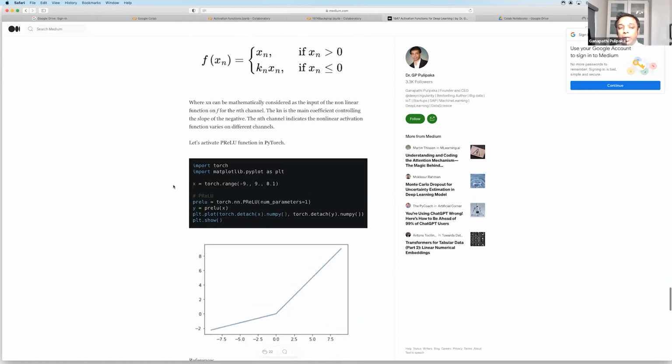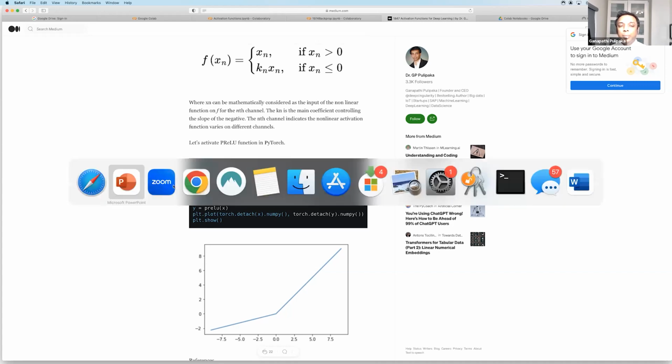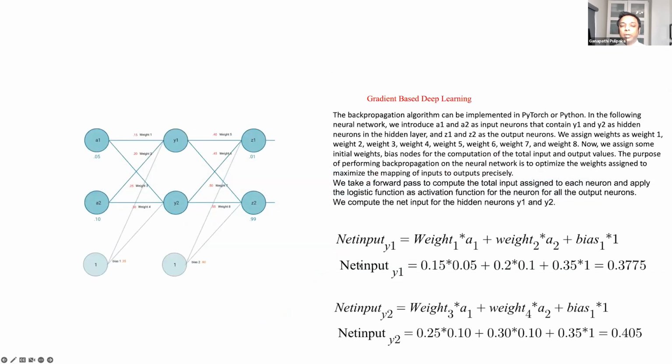And in recent times, another activation function was released, called the swish activation function, which you can also apply if you would like to. But for simple purposes, I'm just going to apply the actual logistic function here.